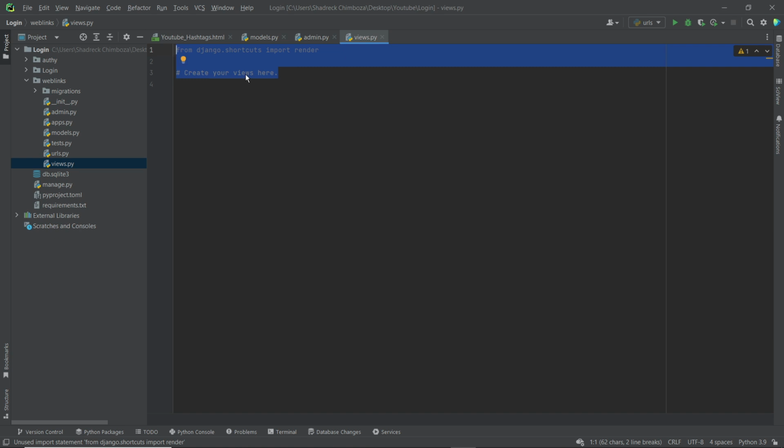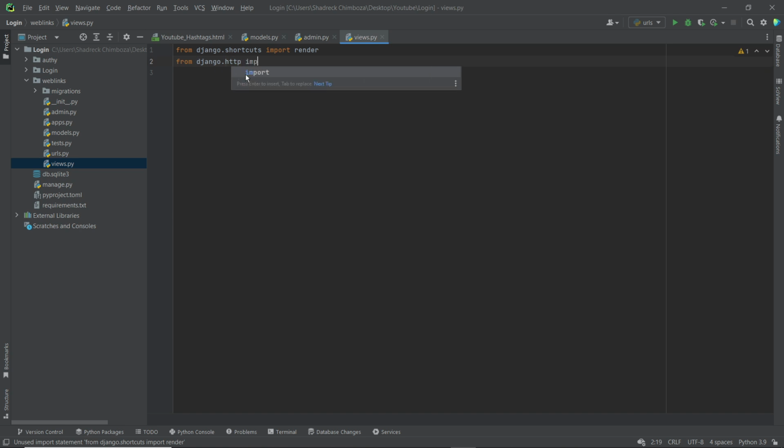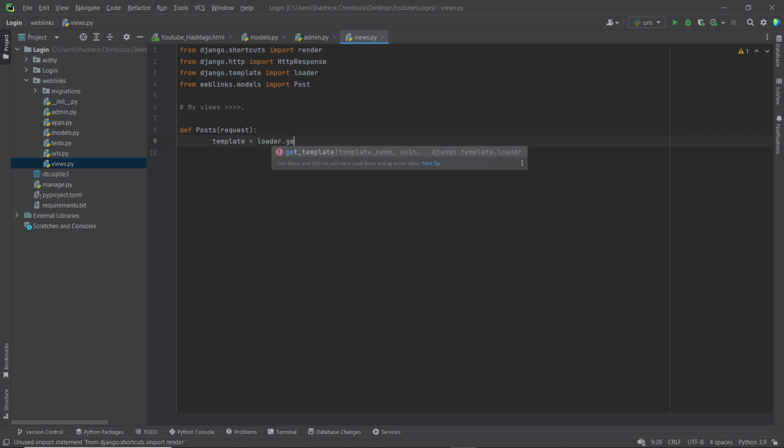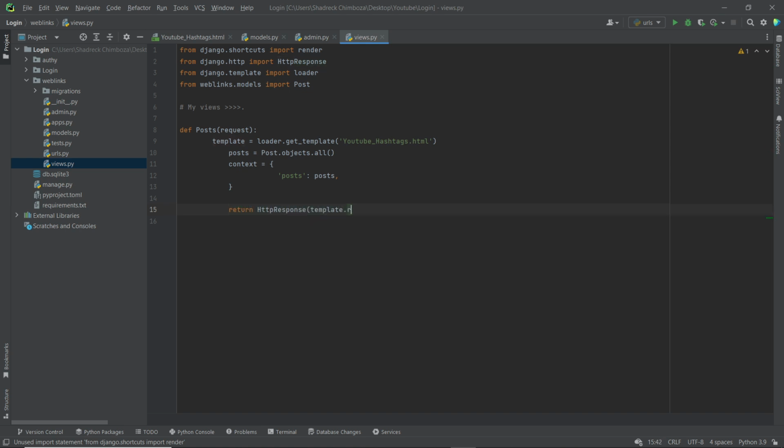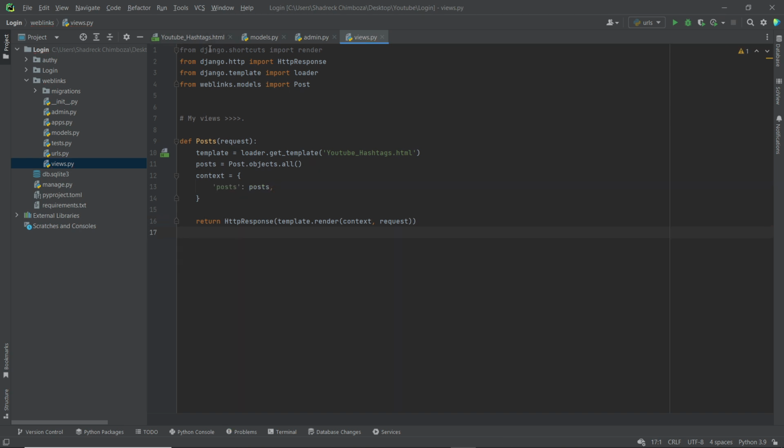After I do that, I go on to create my views. For my views too, I'm just going to keep it simple. I'm just going to create one view which loads the template and also displays the posts. Let me show you how we do it. The first line just loads the template, and the second line loads all the posts. It creates a query of all the posts, and then you add the context, and after that you use the return HTTP response to return your template and your context.